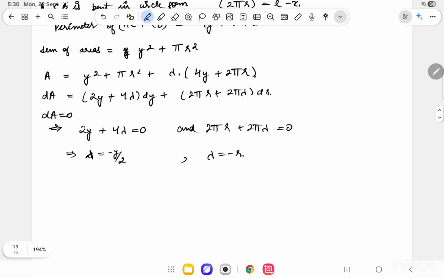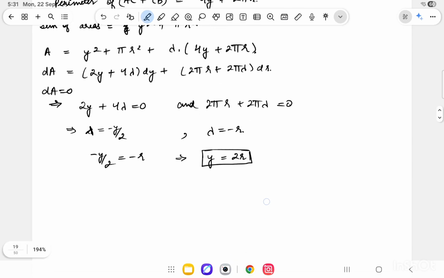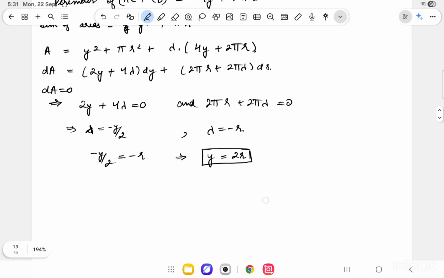So I got a relation between lambda, r and y, that is basically minus y by 2 is equal to minus r, that is y is equal to 2r. So what that means is basically the length of the square formed is twice the radius of the circle. Basically the length of the square is the same as the diameter of the circle formed. Now we are supposed to minimize this area. So for that